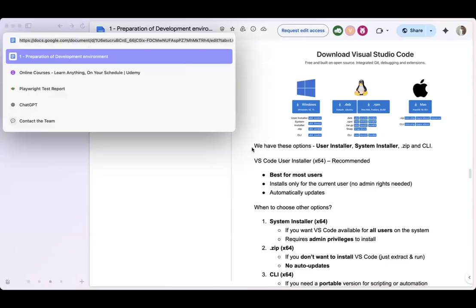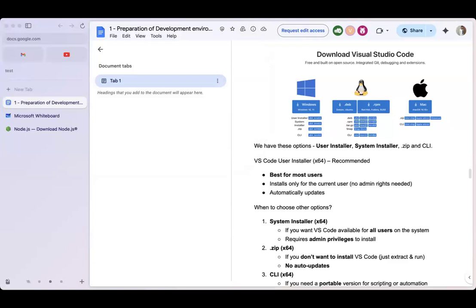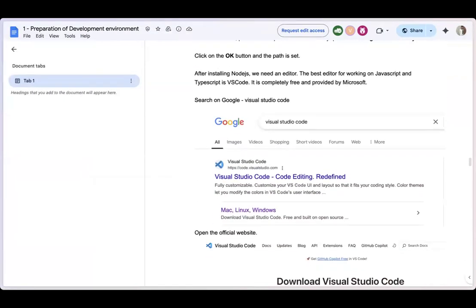Now, the next thing after installing Node.js, what do you want to do? You want to install VS Code. So this is how you install VS Code. Just search on Google, Visual Studio Code. You can search VS Code, download, install, anything will do. Now, it will take you to the official website,